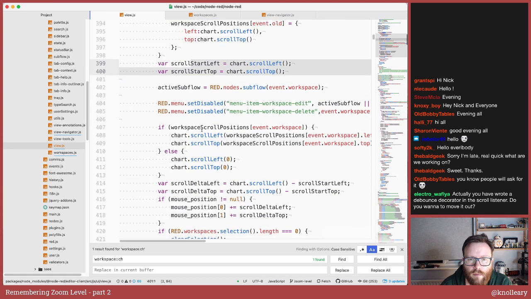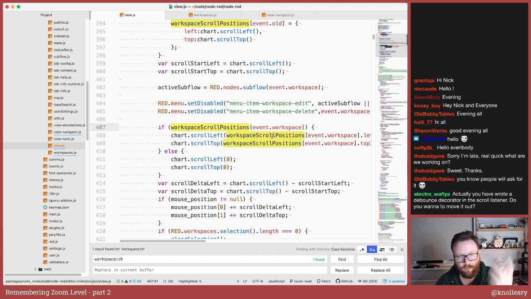Then yeah, so it switches tabs and then it changes the scroll to be the cached value if we have a cached value. So restoring it, actually, it might make sense if we were to store this whole object rather than just the active tab. In some ways, that actually makes it much easier.